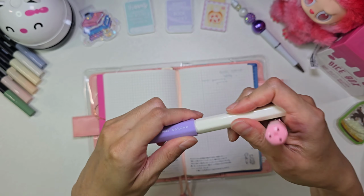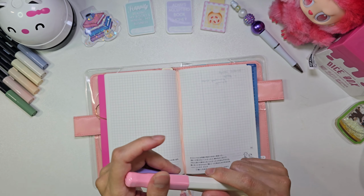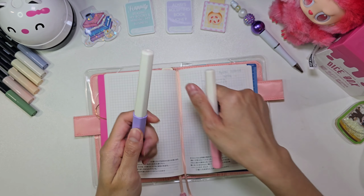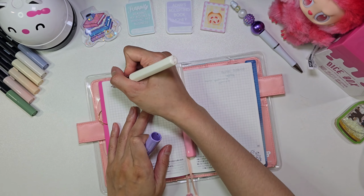So this is the Pilot one. The Japanese nibs tend to be much thinner than the American or Western ones, and I do have one that we can compare later. I really like these, one because they're cheap, and I don't care if I